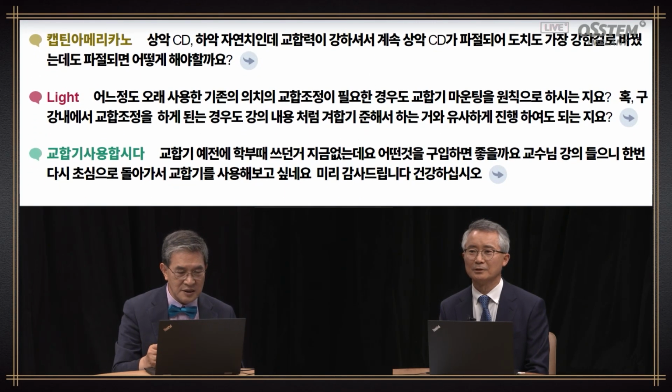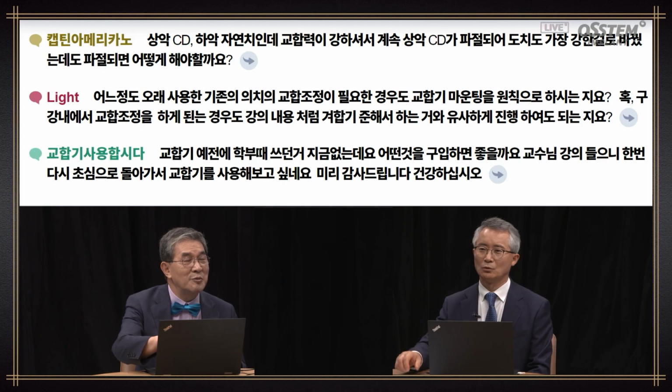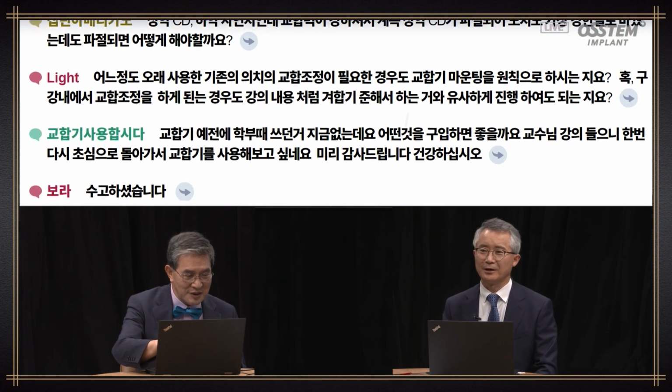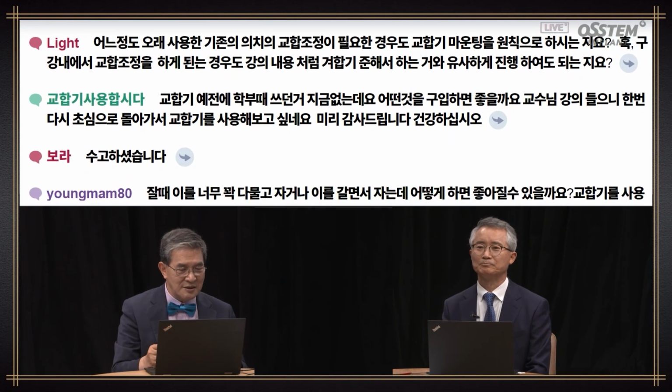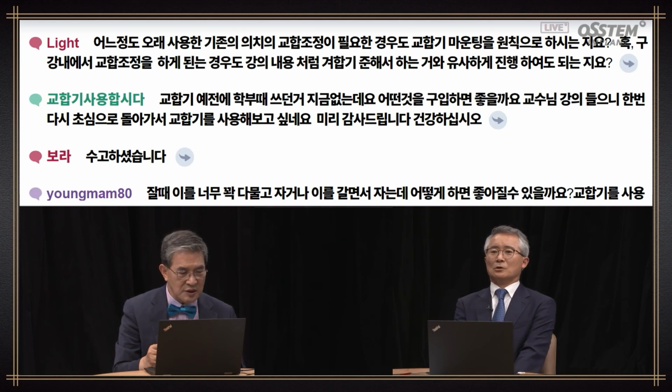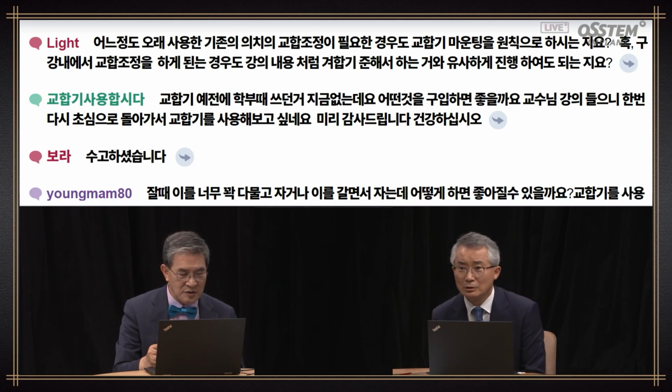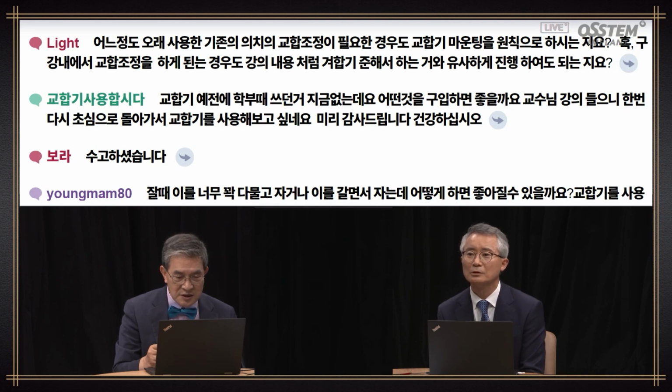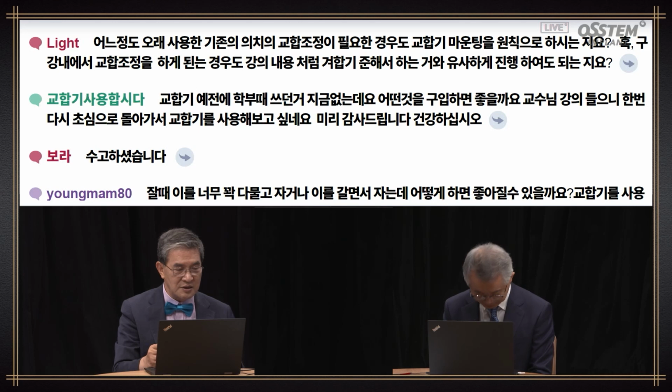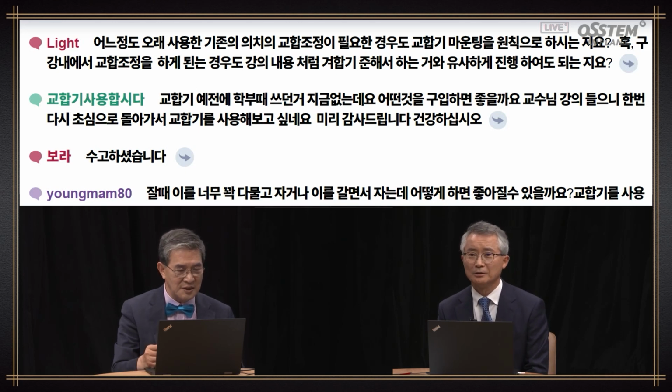The upper is CD and lower is natural teeth. Because the patient has a strong occlusal force, a denture fracture continues to occur. This will be addressed at a future date. If the patient has been using an existing denture for the long term and if occlusal adjustment is necessary, do you use an articulator and mount it when you do occlusal adjustment? Can we just do it intraorally and achieve the same kind of results we can with the articulator? For me, I always use the articulator.